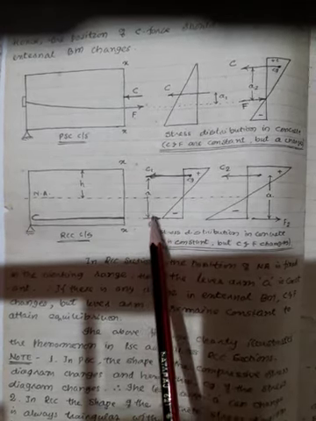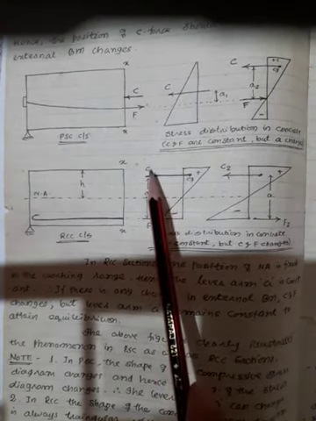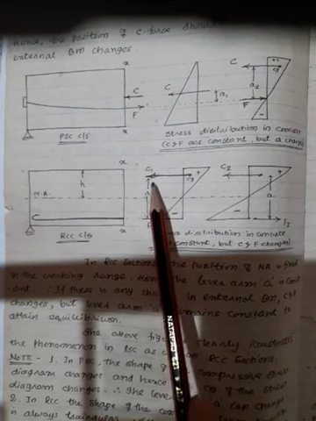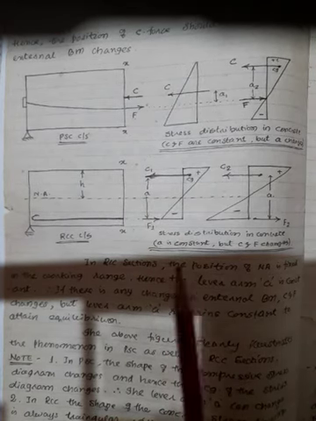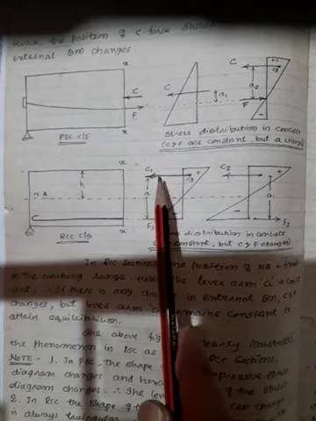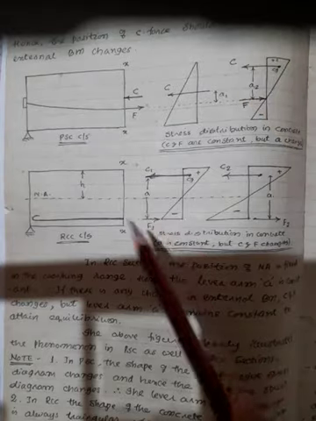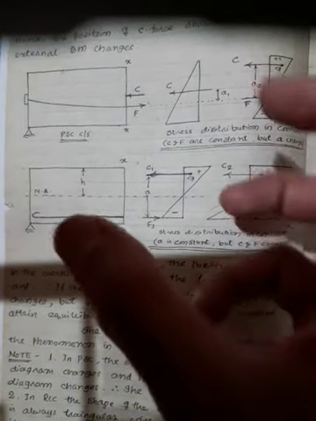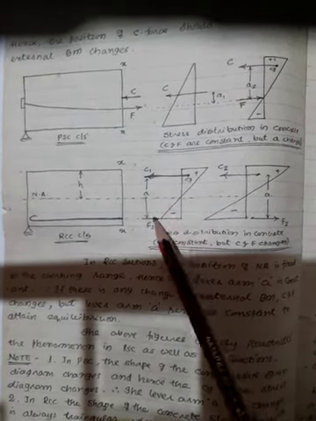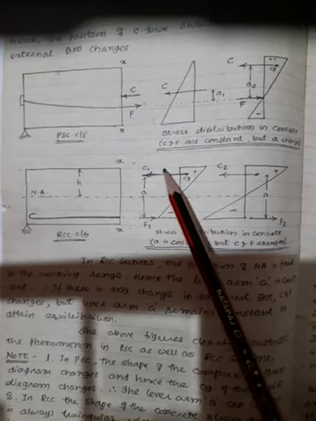In between there is a lever arm. The distance between these two indicates the lever arm. This F1 force and C1 force are going to create a couple like this. This couple is trying to keep the beam erect, or this couple itself is going to carry the load. We call this the moment of resistance.